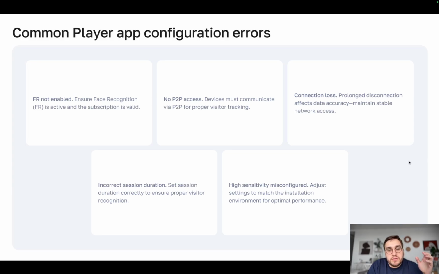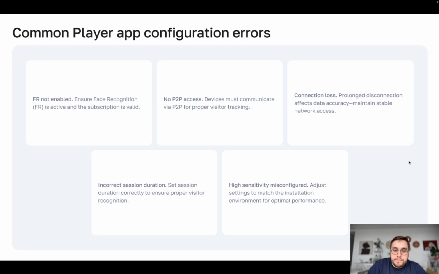The most common mistake is also the connection, problems with connection. So your device needs to be connected all the time to the network. Our analytics is processed directly on device. You don't need it for analyzing data, but you need it for sending data to the platform. Because if you don't send this data, it will be lost after some time, and it's not good to lose your data if you already have it. So please make sure that your devices are connected to the platform, and they are sending the analytics data to